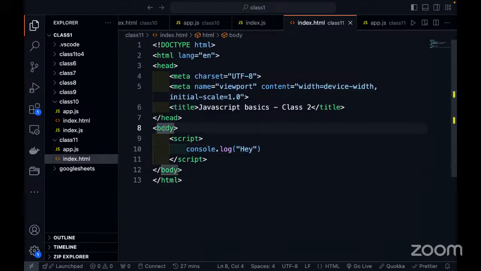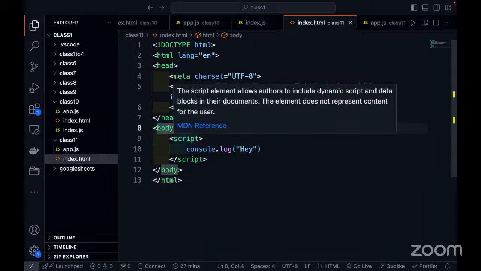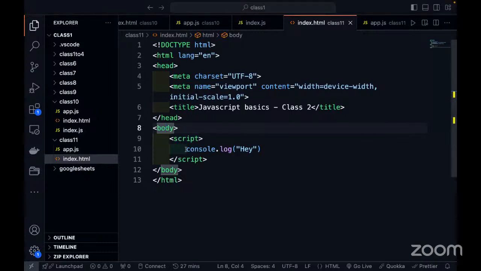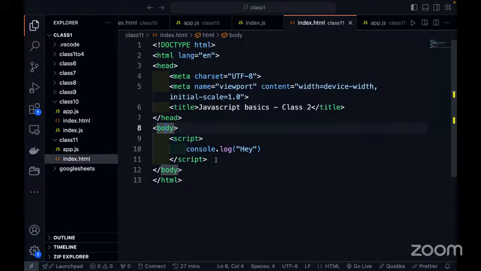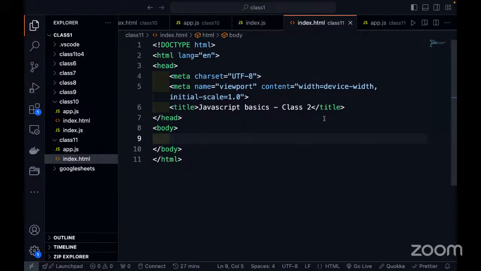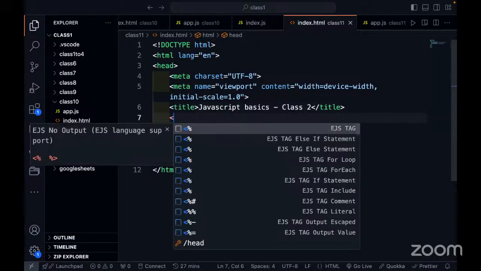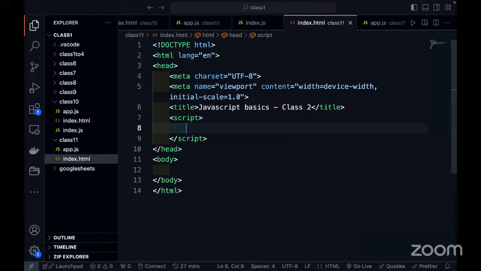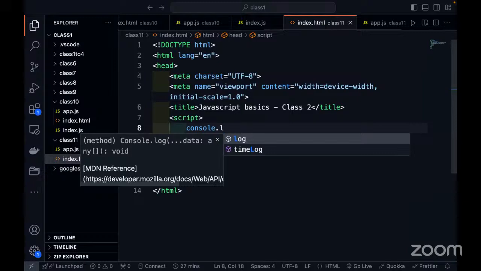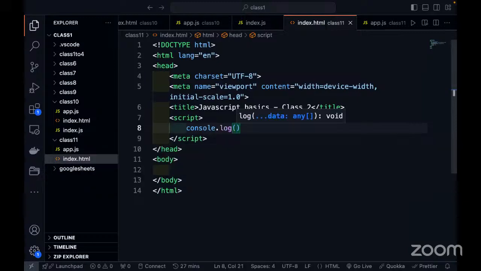So within the body tag, if you want to write your JavaScript directly, you can just write it using the script tag. Also, another way is you can decide to come to the head tag and put your script tag there. That's another way. So if you like, you could even write JavaScript here. But like I said, that's not best practice. So you will just have to create an external JavaScript file. So if you just type "hey"